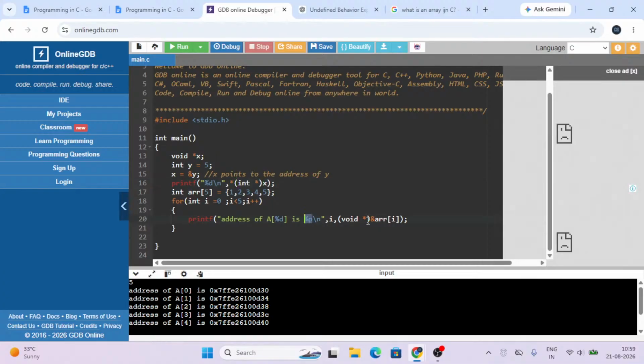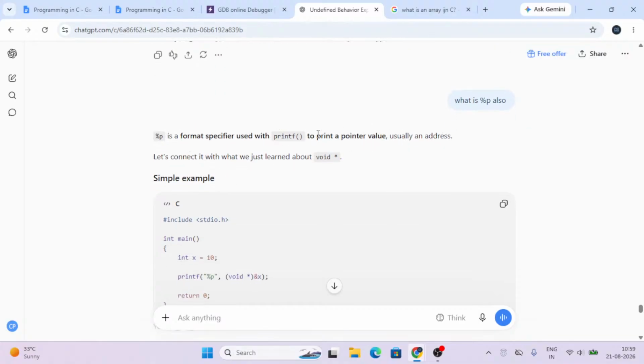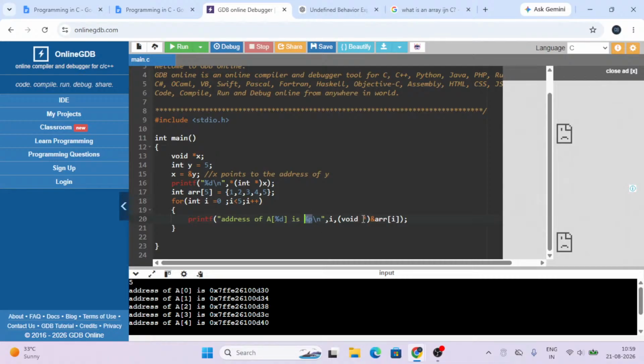Here we wrote percentage p, the pointer value format specifier, which gives the address of the pointer. There is also another way of implementing pointers. If I write address here, I am giving an address. Let's see what happens if I remove this text. It gives the same result, because the address will be percentage p only. So this is okay, but